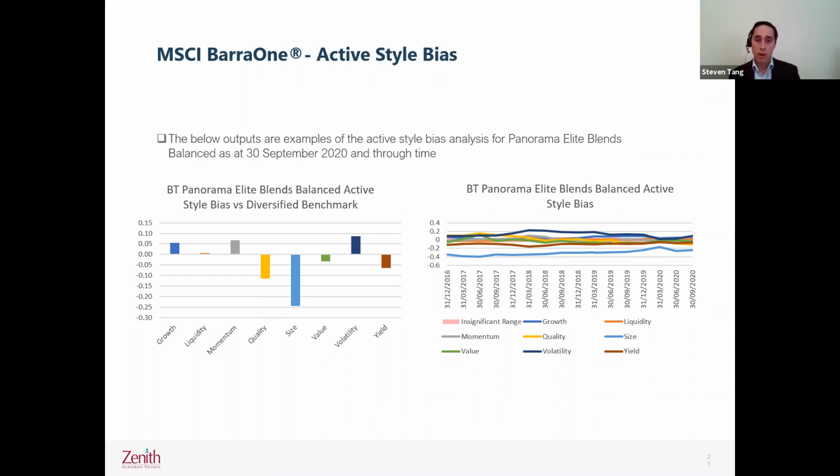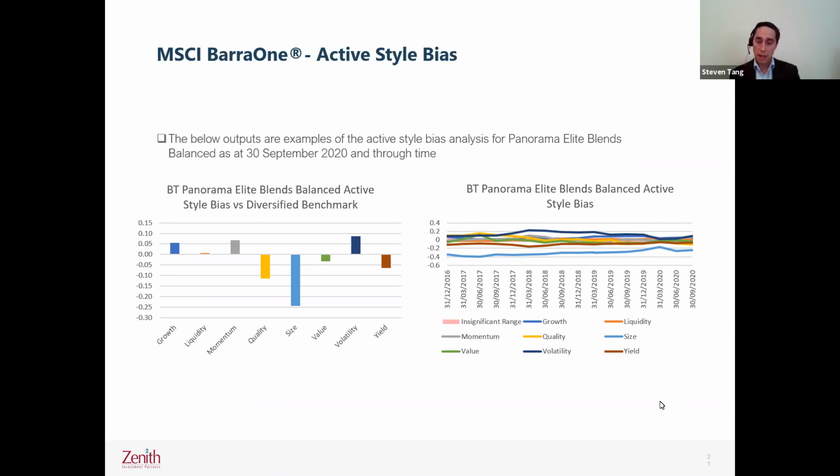And it's important that you run both of these, because obviously things can change. What you can see here is run on our elite blends, and I'll touch on that in a moment, and it's relative to diversified benchmarks. So what are we trying to get out of this? Remembering what I said before, we really want to run a fairly style neutral portfolio. So we want to make sure on a holistic basis we're running those portfolios on a fairly style neutral basis. What you can see on the right and the left is that we run a fairly significant size bias, and that's intentional. We know that, so that's not a surprise to us.